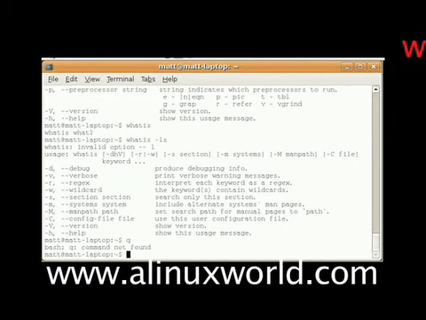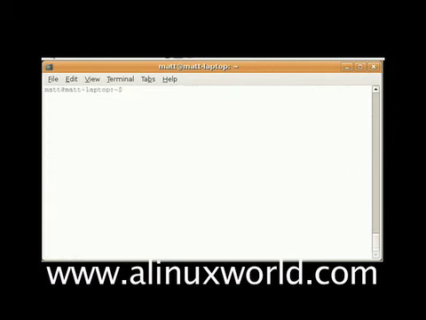Now I'm back on my laptop's command line, and I'm going to hit clear to go back to the original screen. That was a brief tutorial on using the command line